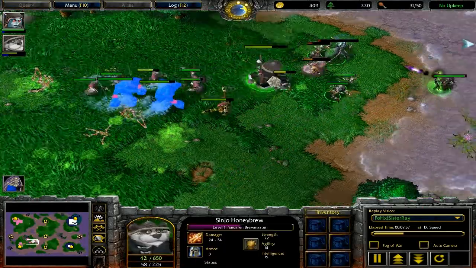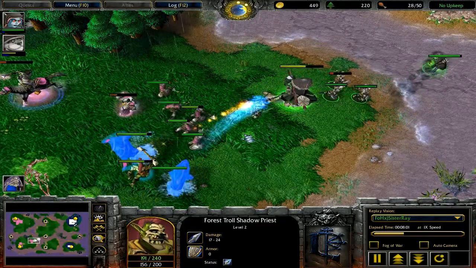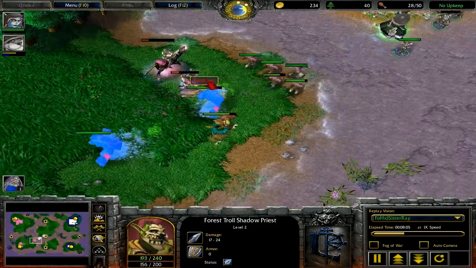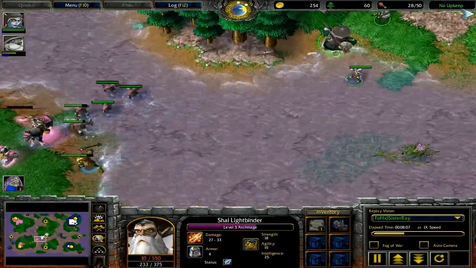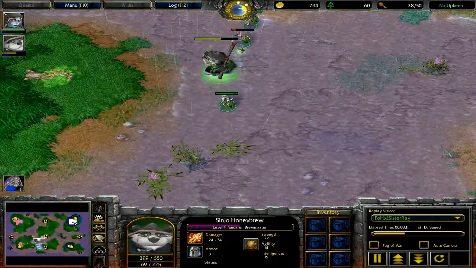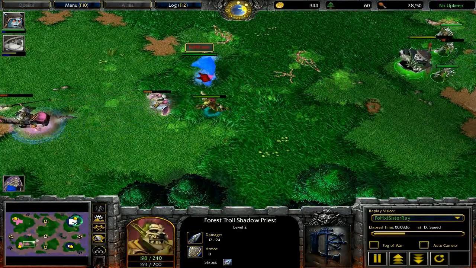He has taken out most of my units at this point, but at the expense of taking an absolute shit ton of damage on his heroes. If you look at the Mountain King and the Archmage, they are both very low, whereas my heroes are in pretty damn good shape, even though they're out of mana. Seeing this, that's why I decide to come right back at this point once that group of militia